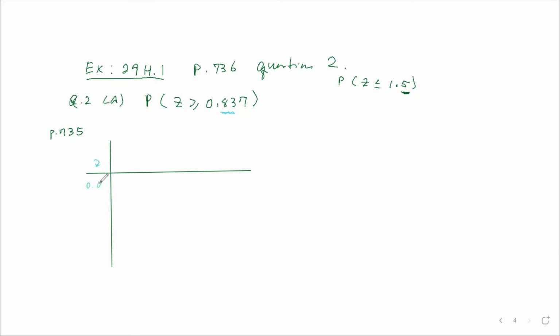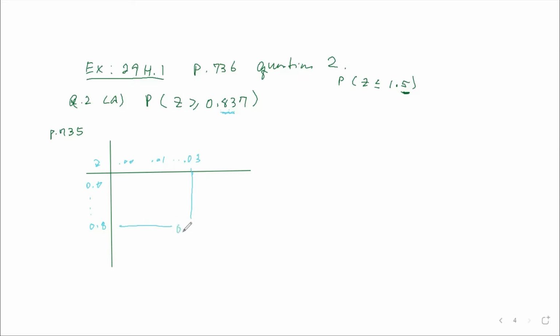And this is 0.0, and this one 0.00, 0.01, and so on. You read down up to 0.8, right? And then go up to 0.03. You read 0.83. So 0.83, you will find the number here. Go to your table, okay, 0.83